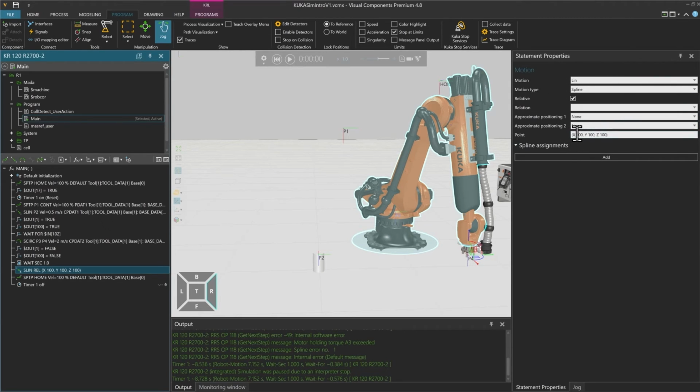And now we can say in which direction relative to the last point, so P4, there should be a movement. In this case, it will go from x100, y100, z100. But in this case, we just want to go up. So I'm going to make x0, y0, and z500. And I don't want to change the orientation of the robot, so I have to use the KRL definition for that. So the turn of A will be 0, the degree of B will also be 0, and the degree of C will also be 0, so that we just have a movement upwards.